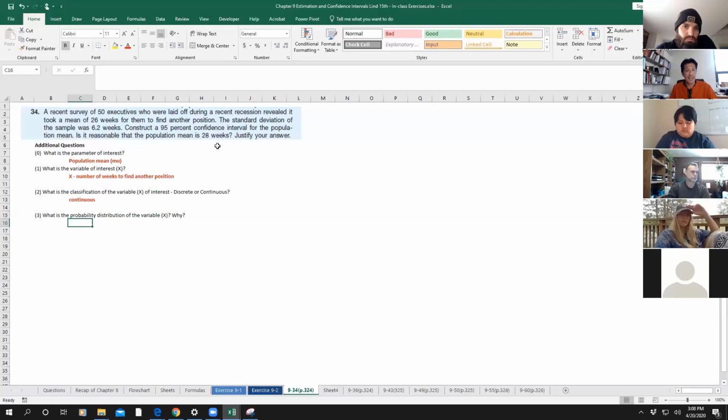What is the probability distribution of X? Is it stated in the problem? Is it the 95%? No, that's a confidence interval. So when it asks for the distribution of X, what is the shape? If you were to draw the shape of the distribution of X, what would be its shape? It doesn't completely say, so not stated, correct. But